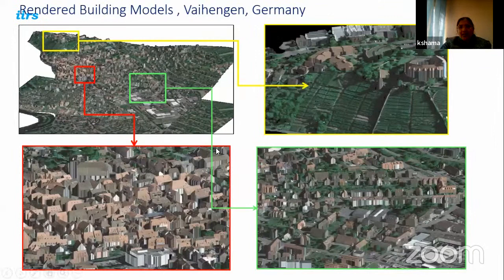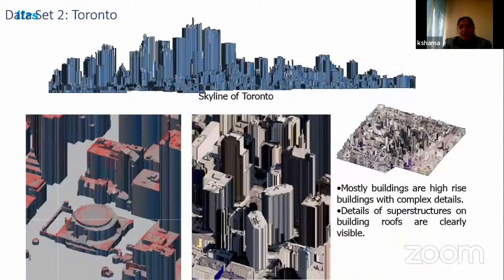Now using lidar data, I have already shown you there is a very detailed 3D model. You can see each and every building with slope, and even roof slope is very perfectly captured. So all these kinds of rendering and 3D visualization can be done. This is also one of the examples of Toronto, where I had already shown you the skyline of Toronto also, but you can see the detailed 3D model here. You can see even on the roof structures, the top of the roof, you can see the detailing of all structures and superstructures.